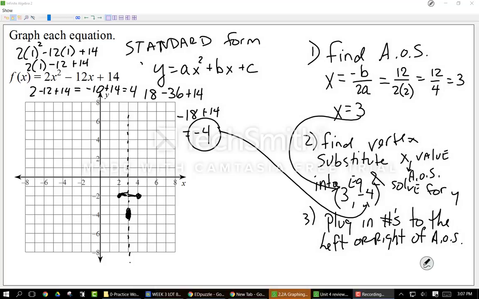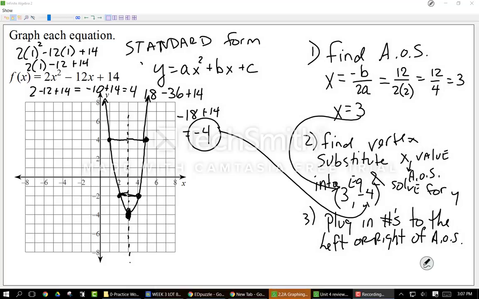So if I plug in 1, I get 4. So that's up here. Well, guess what? That's 2 away from the line. So if I put 2 away from the line in the other direction, I get my ordered pair right there. Now I have 5 dots. So now I can